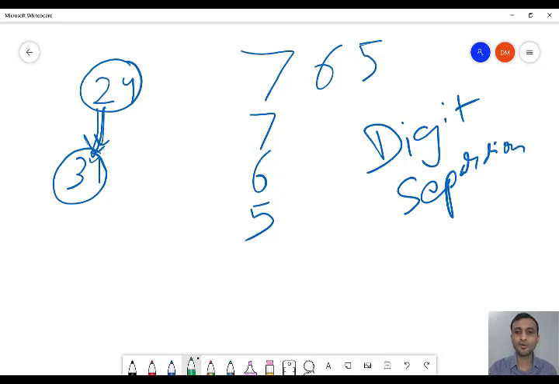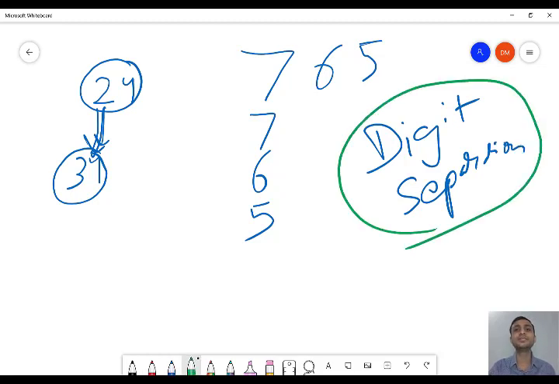So now we are going to learn how to separate digits from a given number. For this program, you have to separate the digits and print them. This is the best question, you can say. And for the other questions, from 25 to 34, you have to separate digits but do different things. We'll see what other things you can do. For now, we separate the digits and print them. For that we need to learn some mathematics.